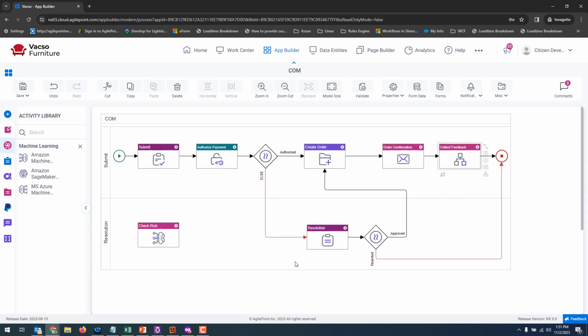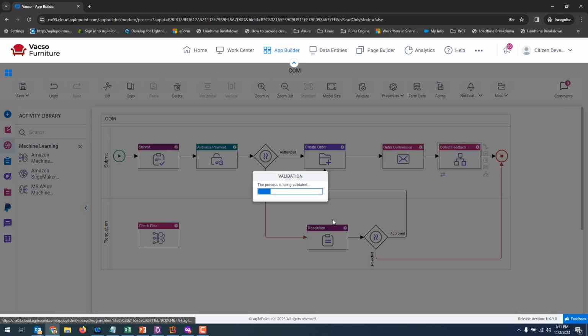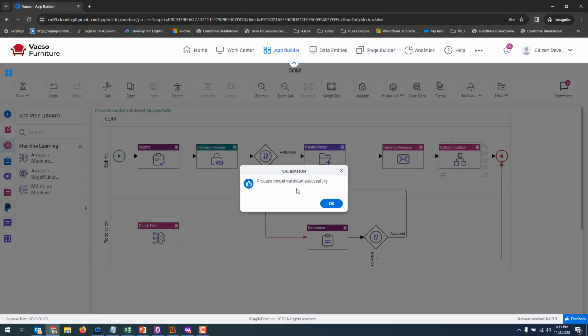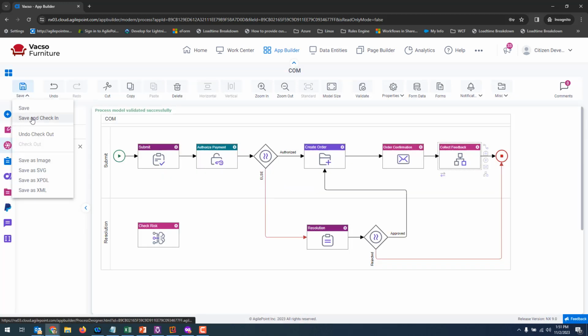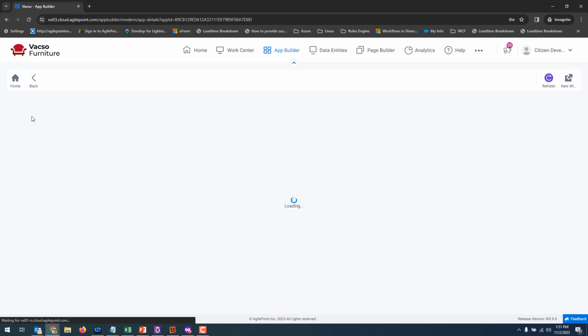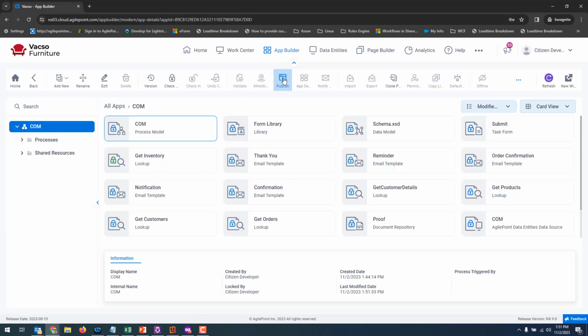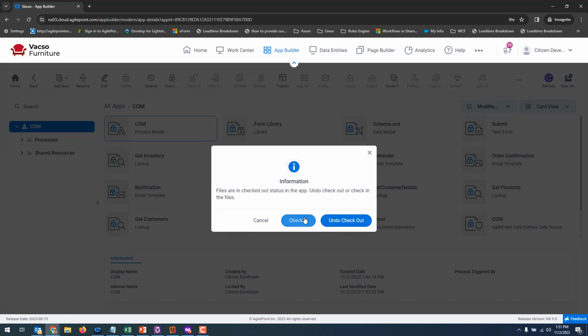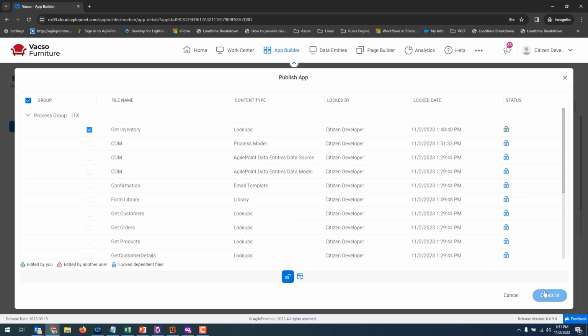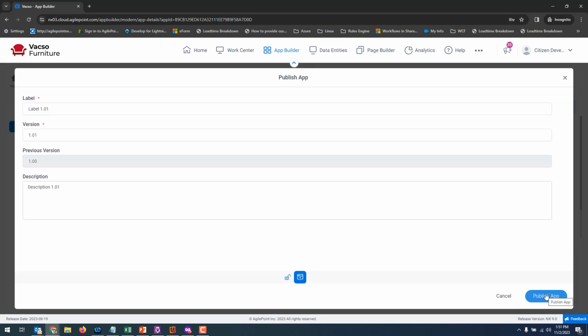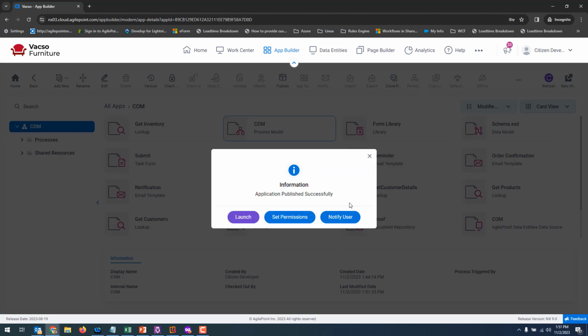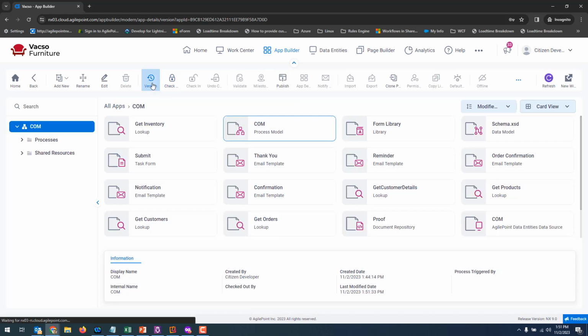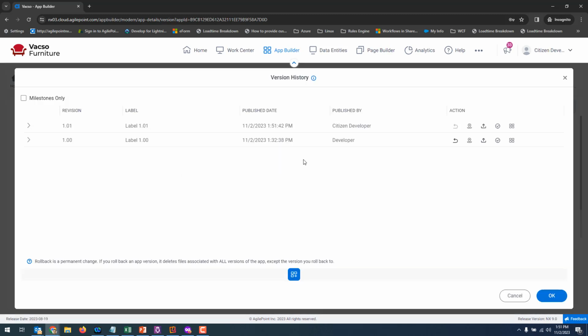Go ahead and click finish. Everything looks okay. I'm going to go ahead and quickly validate it. Looks good. Let's do a save and check-in. Publish my second version of the application. This is version 1.01. Now if I go to the version history, you can see AgilePoint has a built-in